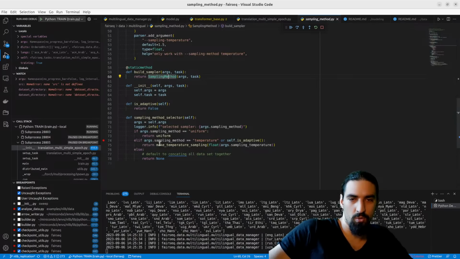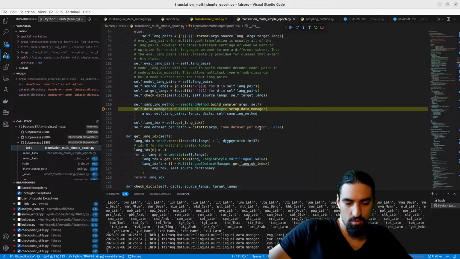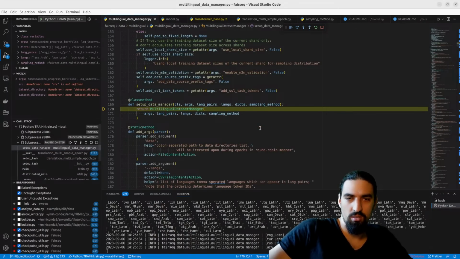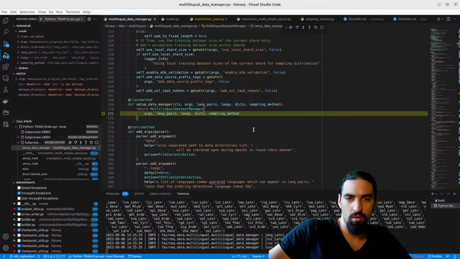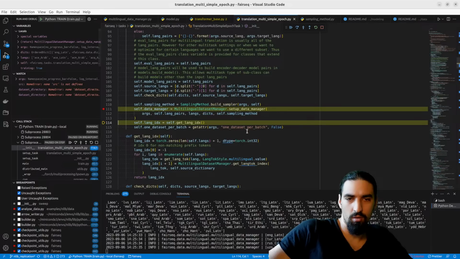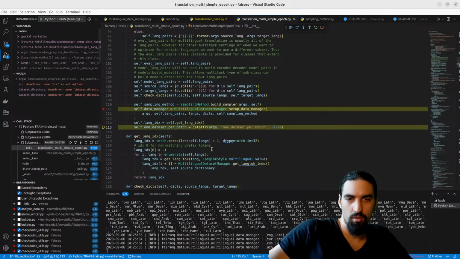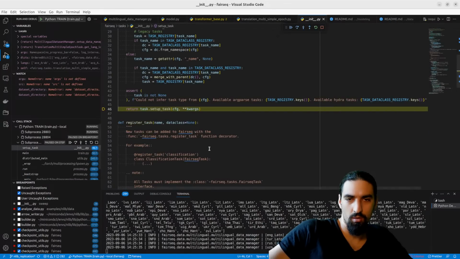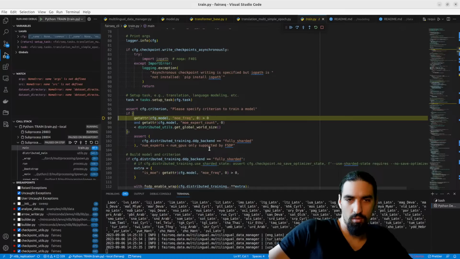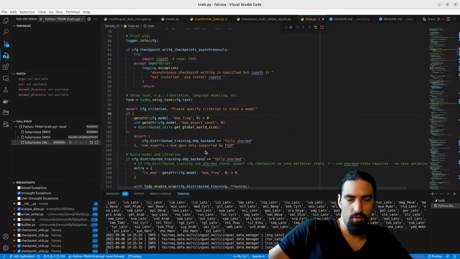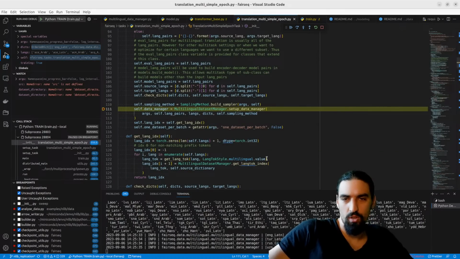And then, in the next step, I guess we're going to set up data manager. Okay, let's just hit F5. Set up data manager.